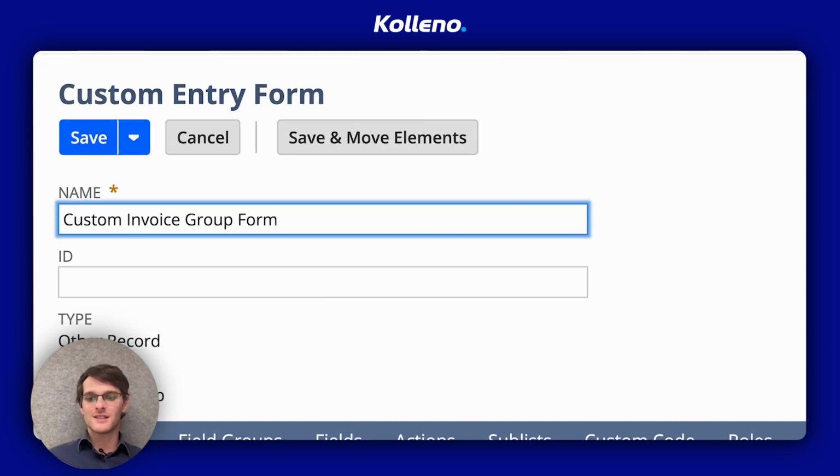But please note, and it's important, that this customized form is an entry form, not a transaction form. So you cannot use it to generate a PDF statement. That's how you can customize the invoice group